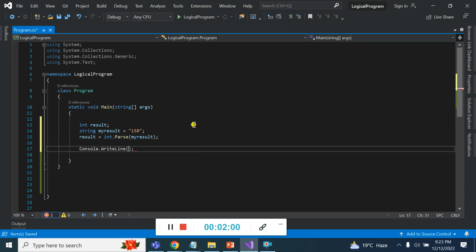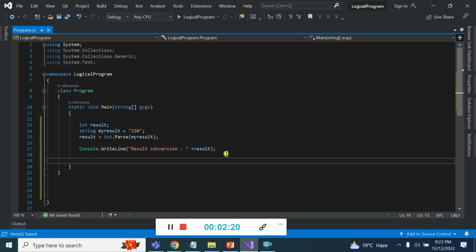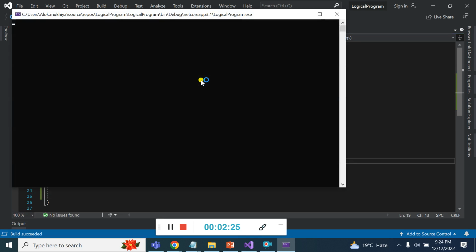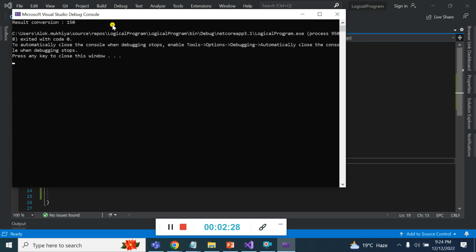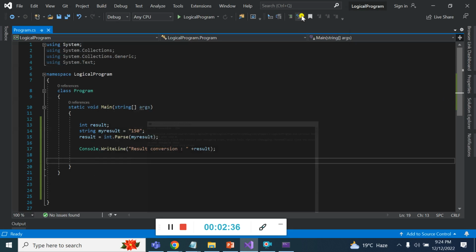So here you can see the conversion result, right? Now I am going to execute the console application and you can see the result. Here you can see that the string has been converted to an integer value using int.Parse.